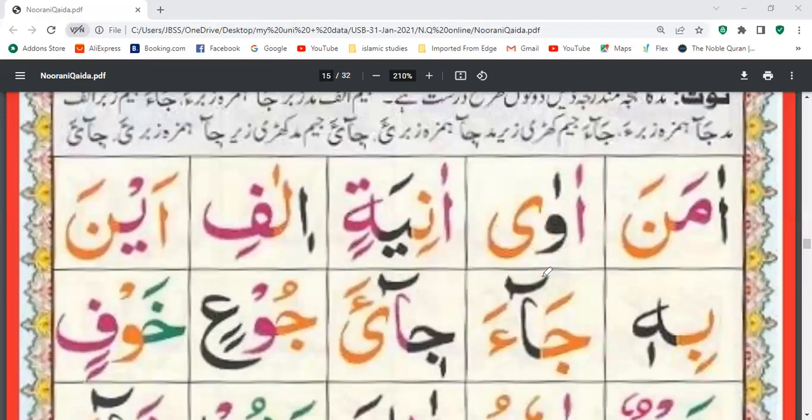Waqfan. Awa. So this is not going to change. Amana became Aman, it changed. But Awa will still be Awa, before waqfan and after waqfan as well.